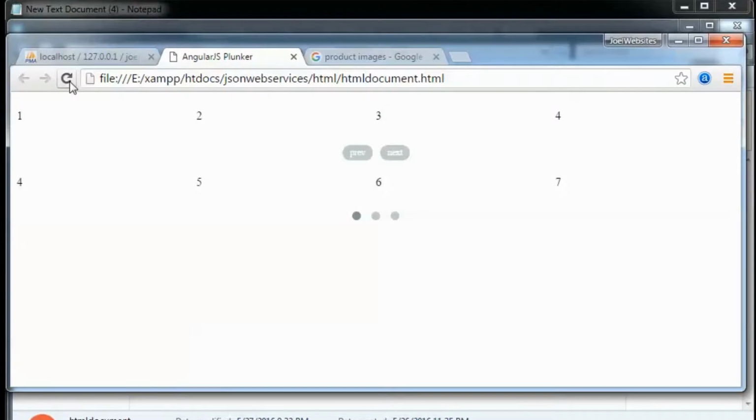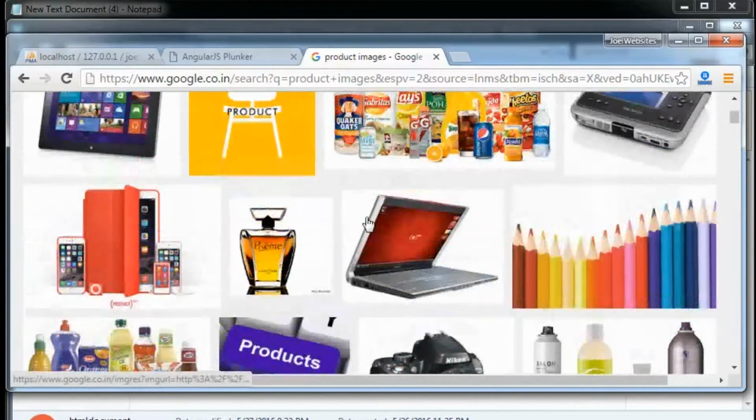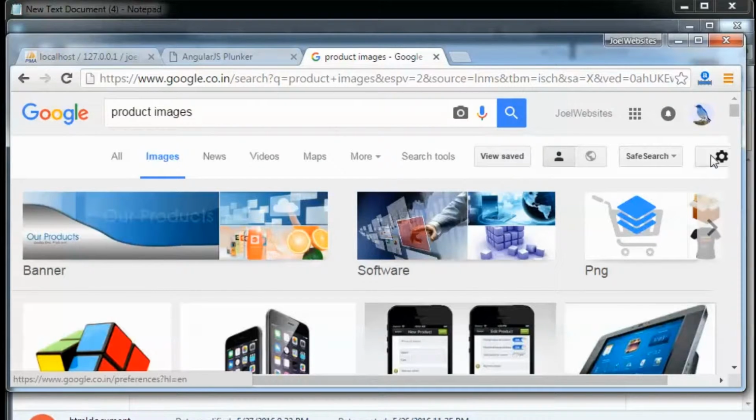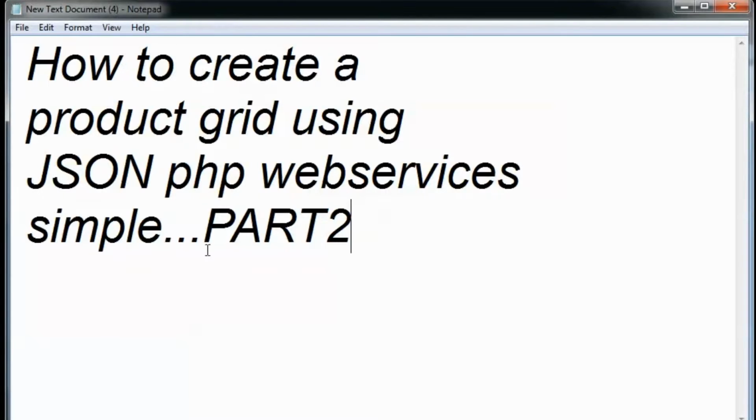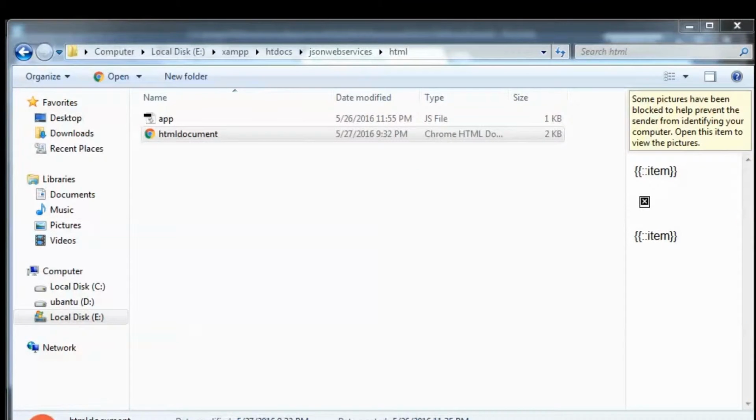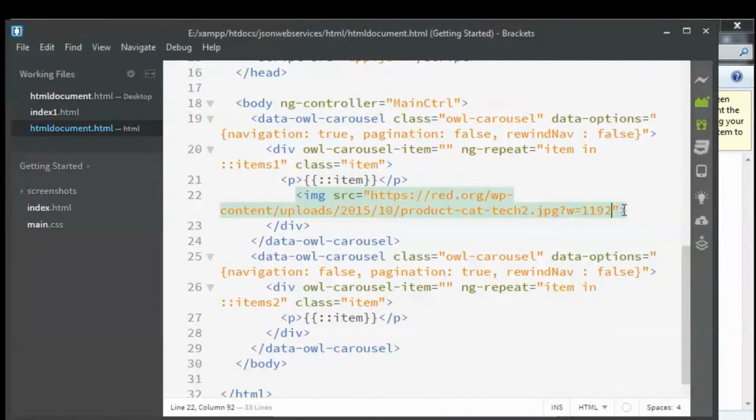So here I go, refreshing the page. You see that the image is a bit cropped. You could select some other image because this image is not showing properly, and go for a smaller image. But what you can do instead is type in the height and width attributes, so there's no need to find a smaller image.